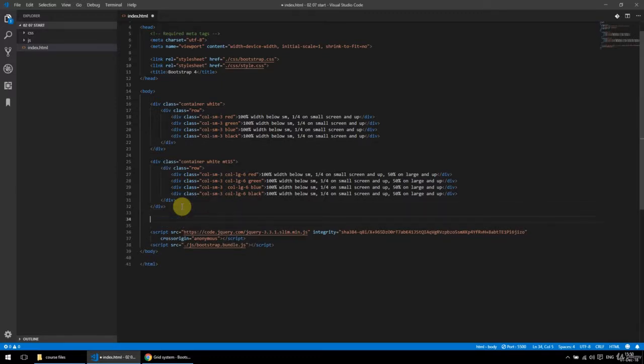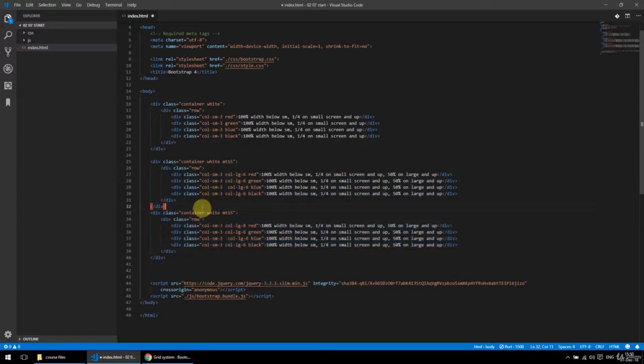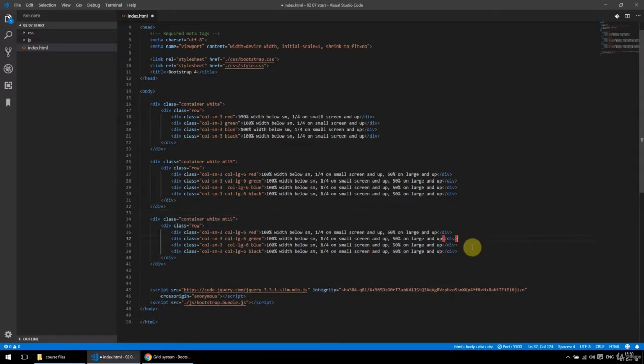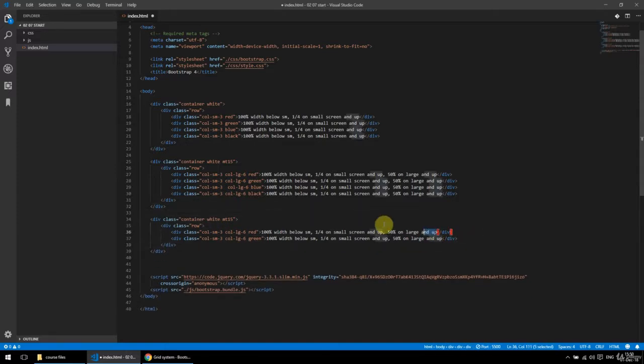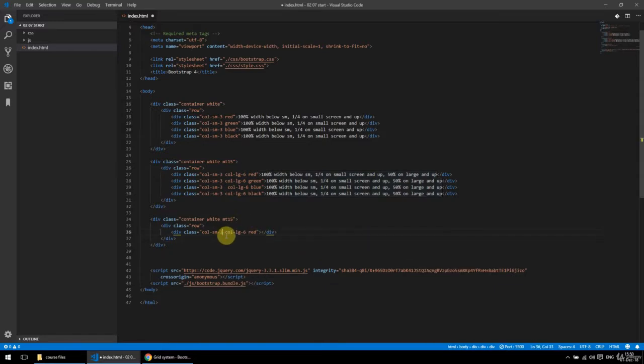So if I, let's say, have here the container and the row, I'm just gonna duplicate this one and get rid of these 2 and this text as well. Okay, so if I say here md-6 and get rid of this LG here.